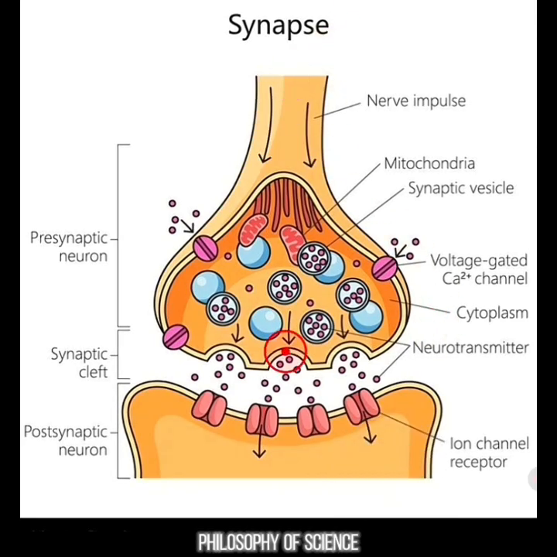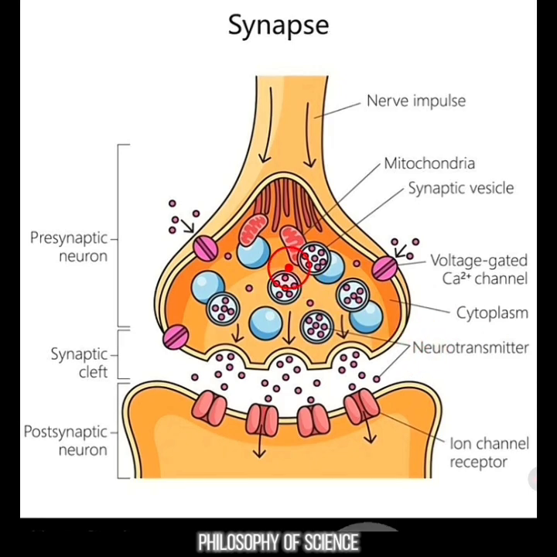You see this right here? This is called the presynaptic neuron. This is called the postsynaptic neuron, and this right here is called the synaptic cleft. The synaptic cleft is the gap that is located between the presynaptic and the postsynaptic neuron. The presynaptic neuron is the one that transmits the message from right here into the postsynaptic neuron where it can continue. First, the action potential, or the nerve impulse, arrives to the end of the presynaptic element or the presynaptic